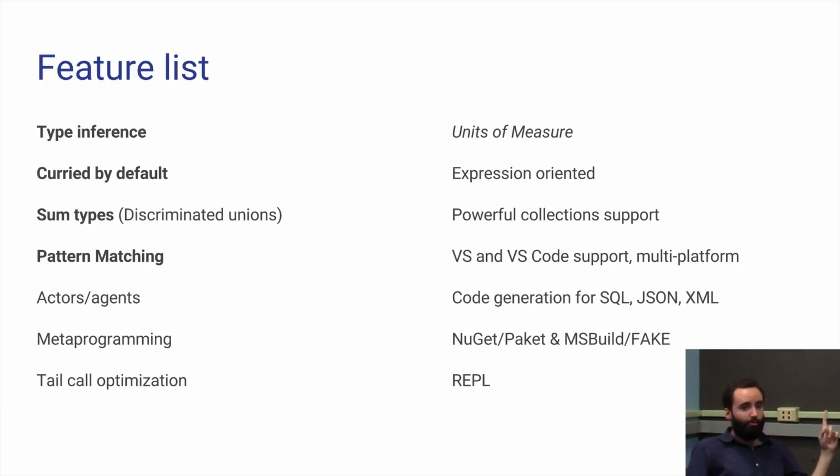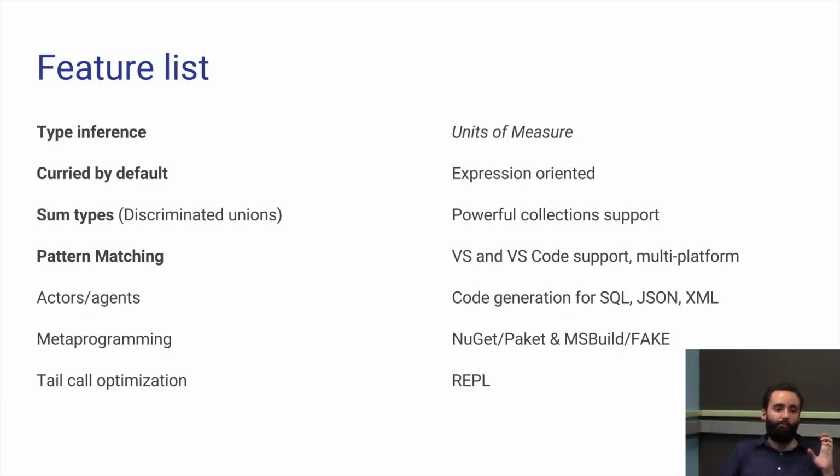I have units of measure in italics because not everyone in the F# community uses it, but for my domain it's awesome. It's one of those things on the long tail of features that they've implemented over the years that really serves a niche crowd, but it totally changes the way, again, that I view and learn the language in terms of the static type system. I'll go into that a little bit more, but it's basically a compile time type check for floating point types.